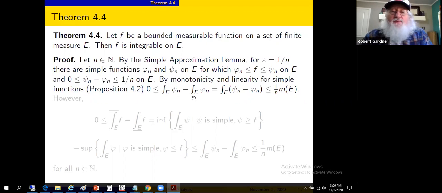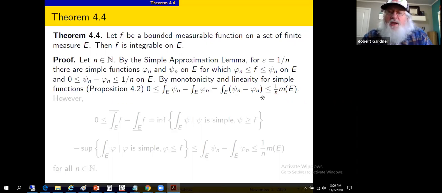Here we've got a difference of integrals. The linearity part of proposition 4.2 allows you to write that as an integral of the differences. A linear combination of integrals is the integral of the linear combination. So we get an integral of psi sub n minus phi sub n. And